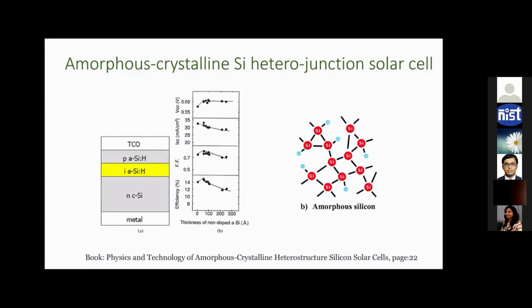Because of this PIN structure, and the presence of the intrinsic amorphous silicon, you have an electric field across the thickness of your amorphous silicon. And this electric field somehow helps in the rearrangement of hydrogen,